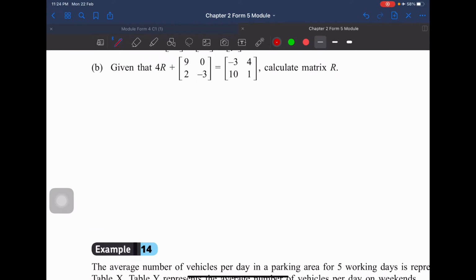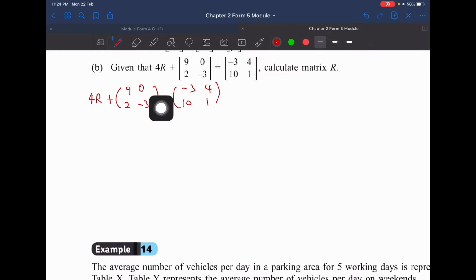Okay. So given that 4R plus this matrix is equal to this matrix, calculate matrix R. So what we need to do over here is write down 4R plus [9, 0; 2, -3] is equal to [-3, 4; 10, 1]. Okay, so we want 4R. So this matrix, you can move to the right. So you will get 4R is equal to [-3, 4; 10, 1]